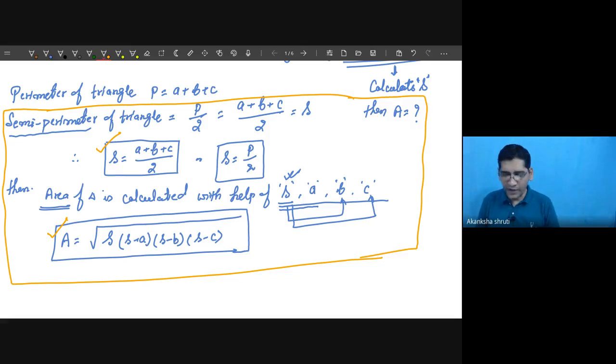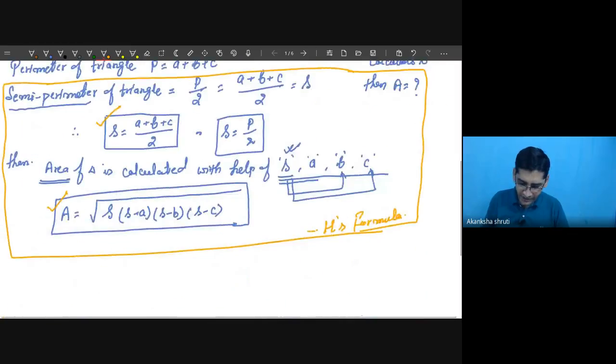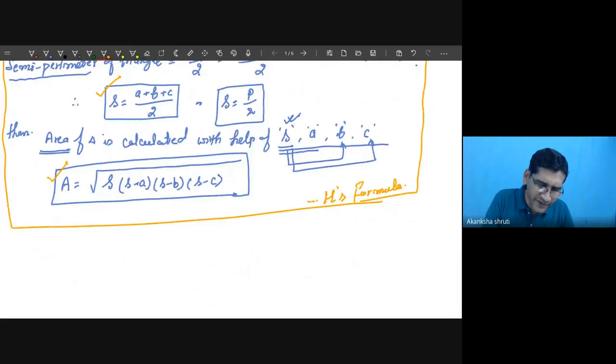Means Heron's formula collectively gives two things. First, the calculation of the semi-perimeter, then the area in terms of the semi-perimeter and the side lengths. So this is Heron's formula. It is like this one. Get it? A student, just as a matter of recall of our earlier